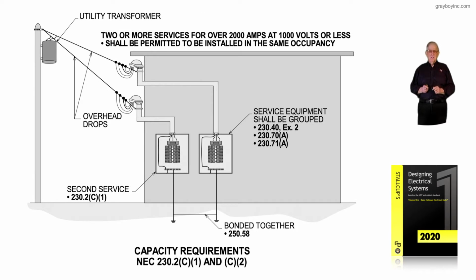Now, this illustration deals with capacity requirements. When I was the chief electrical inspector for the city of Fort Worth, there were quite a few times that this type of additional service was requested. Now, notice we may have 1,200 amps feeding this facility, and due to it being almost impossible to add power to the existing service, a second